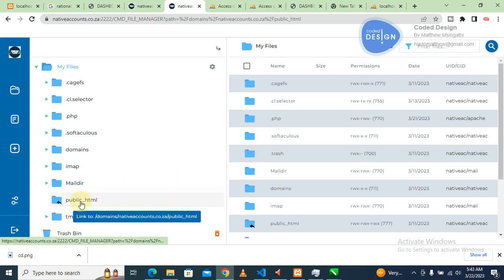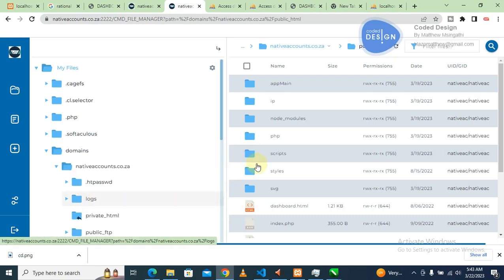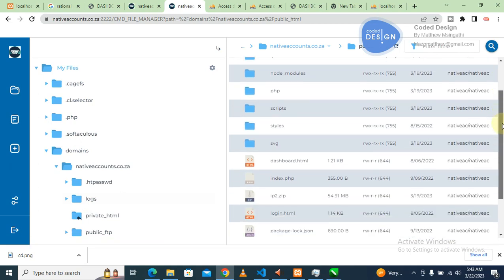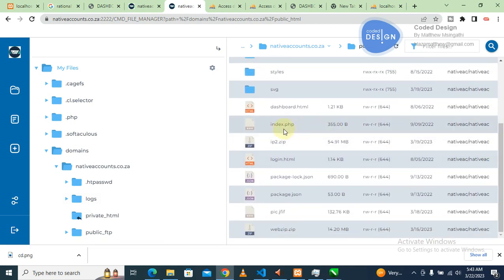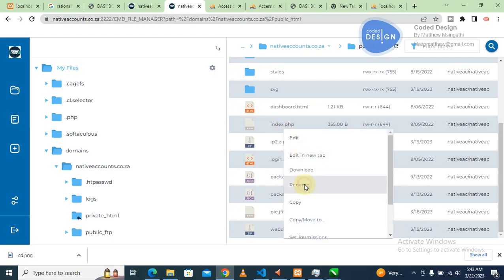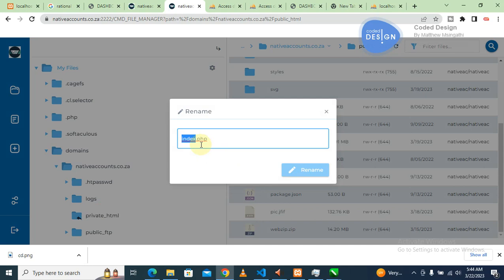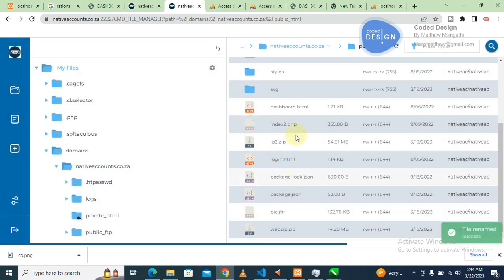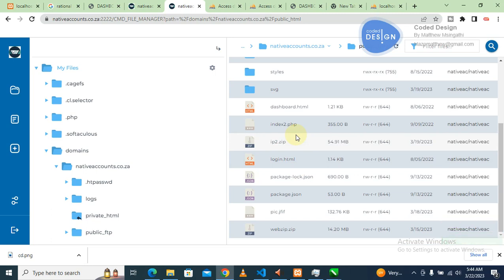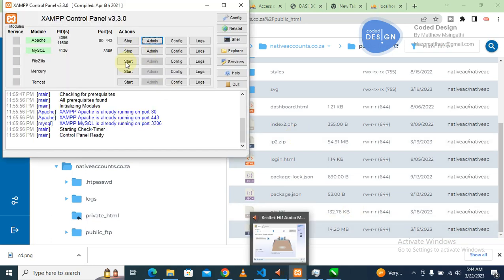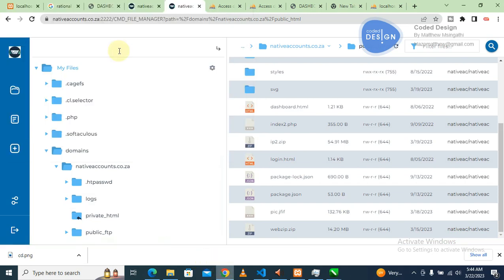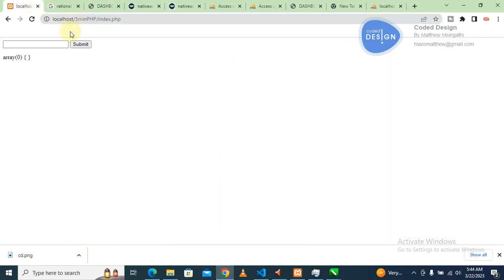So what we're gonna do, we want this folder public, and as I have told you, if you have changed this index to something else, then the server won't recognize the entry point to your website. So I'm gonna do that now. I'm gonna modify it. Why am I modifying it? Because I want to upload a different file that will be an entry to my own application so that I can see it running. As you can see, I've got XAMPP running locally,